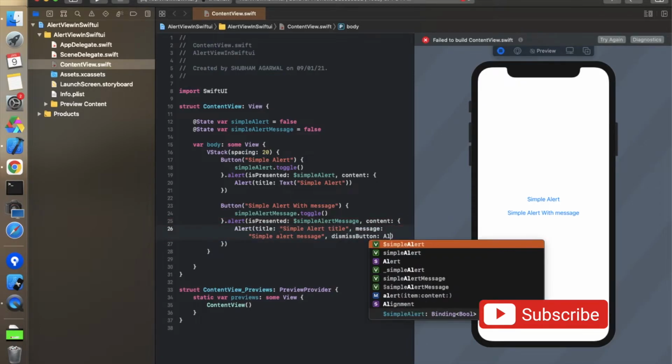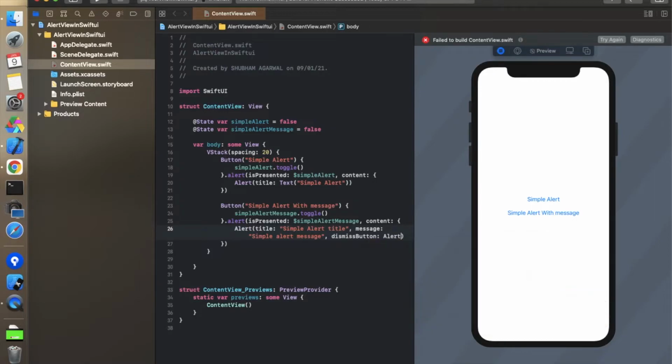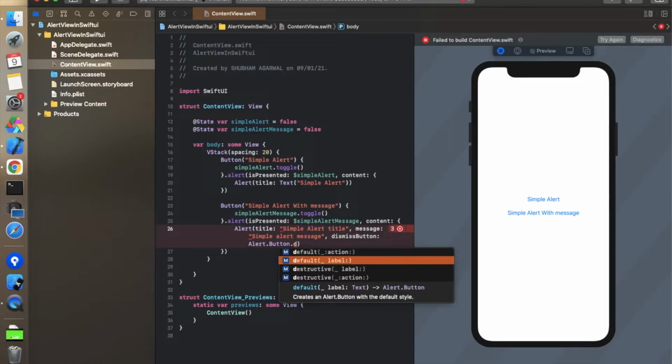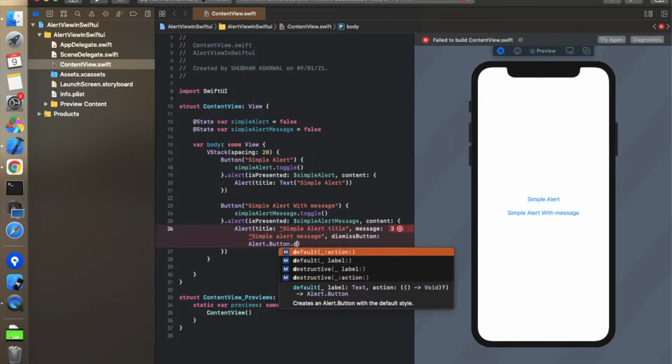So we have to use alert dot button dot default. We can use the default action over here, and in this default we can only show the label. If we want to perform some action with this button, then we can use this action property.